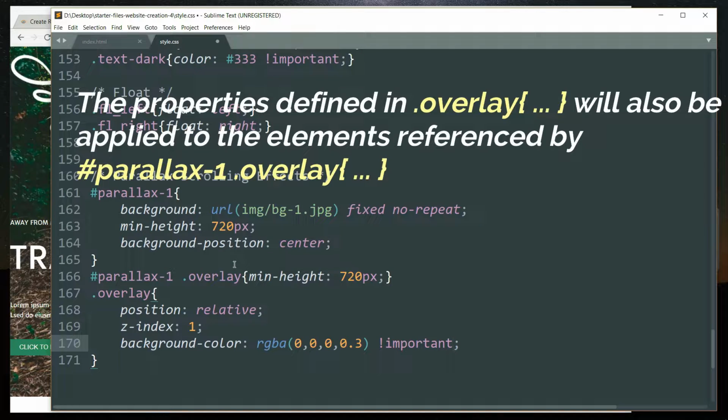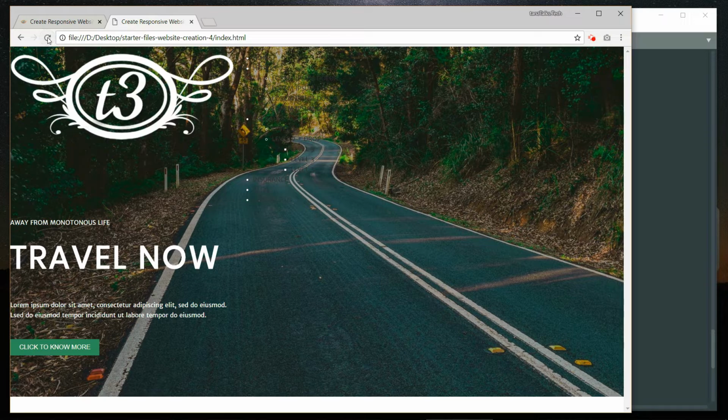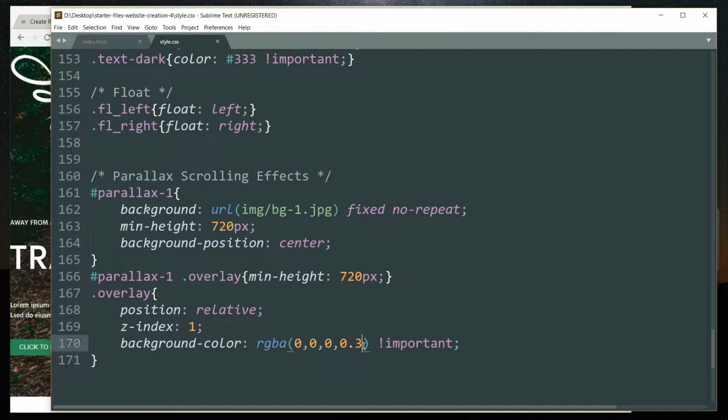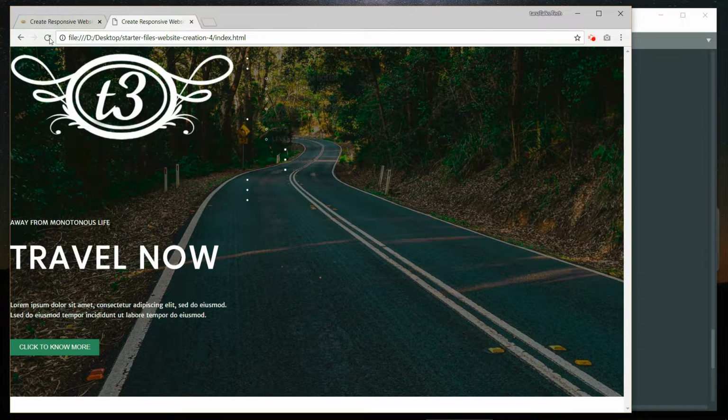So I have defined this overlay class separately so that you can use this class later if you want to use it with other parts of the website also. Alright, let's increase it. Alright,